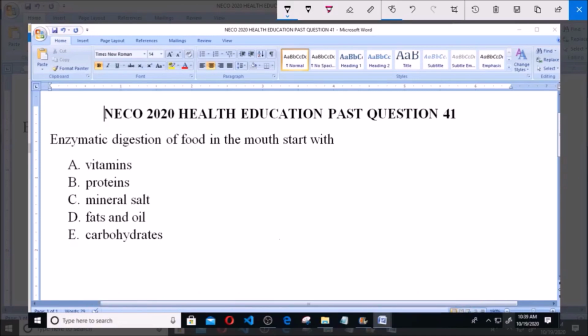Enzymatic digestion of food, that is, the digestion of food in the alimentary canal, involves enzymatic reactions. Enzymes are involved in this digestion because enzymes help to speed up the rate of the reaction. So the enzymes help us to break down complex food into a simple form that is absorbable by the body. Now, the first place where digestion occurs is in the mouth, and this is due to the enzyme present